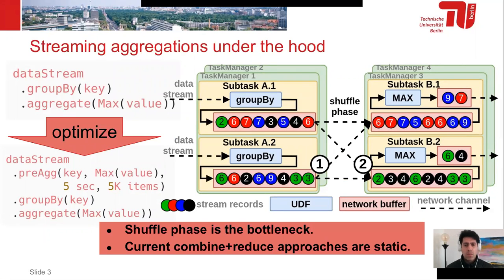As we can see, the subtasks A1 and A2 process the group by transformation. In parallel, the data is exchanged on the shuffle phase to the next transformation, that is the aggregate transformation on the subtasks B1 and B2. And here we calculate the maximum values, for example.